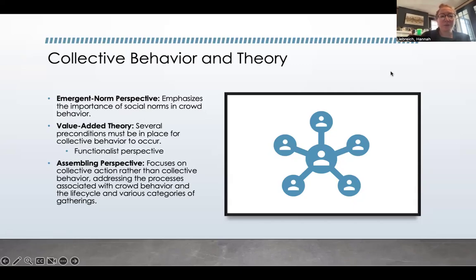And then finally, we have assembling perspective, which focuses on collective action rather than collective behavior, addressing the processes associated with crowd behavior and the life cycle and various categories of gatherings. Now, as far as contemporary social movements, a really prominent social movements person is Angela Davis. And she's been doing collective behavior and social movement work for decades on college campuses and within other